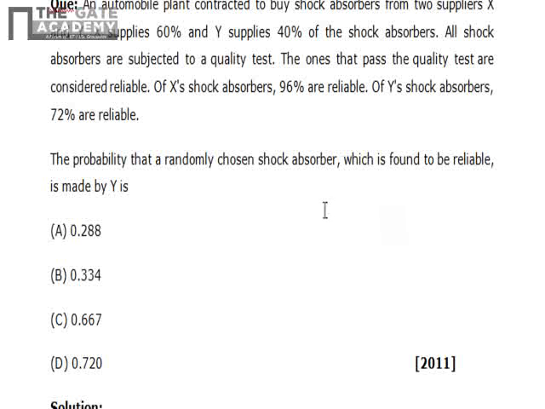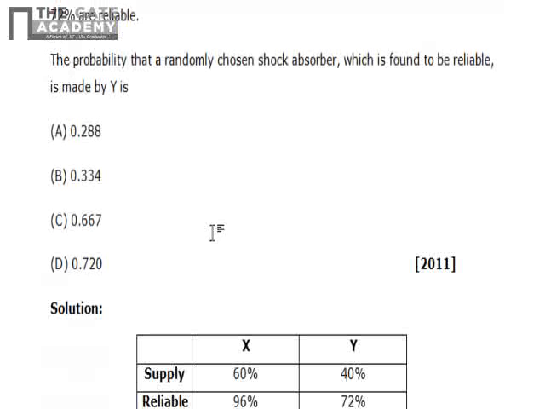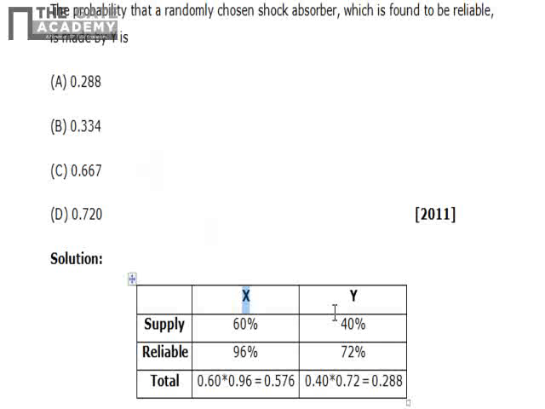Now we'll see the next question. An automobile plant contracts to buy shock absorbers from two suppliers X and Y. X supplies 60% and Y supplies 40% of the shock absorbers. All the shock absorbers are subjected to a quality test. The ones that pass the quality test are considered reliable. Of X shock absorbers, 96% are reliable, and for Y 72% are reliable. The probability that a randomly chosen shock absorber which is found to be reliable is made by Y is,